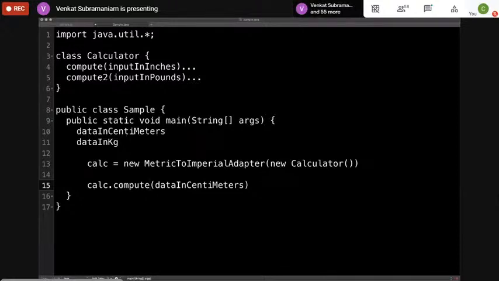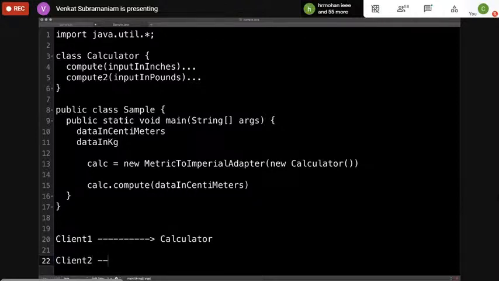The adapters may also perform other kinds of transformations too. So if you notice over here, what do we do in here? You have a client one, and the client one is directly using a calculator. But I have a client two, and the client two cannot use the calculator because it really wants to use a metric unit client.